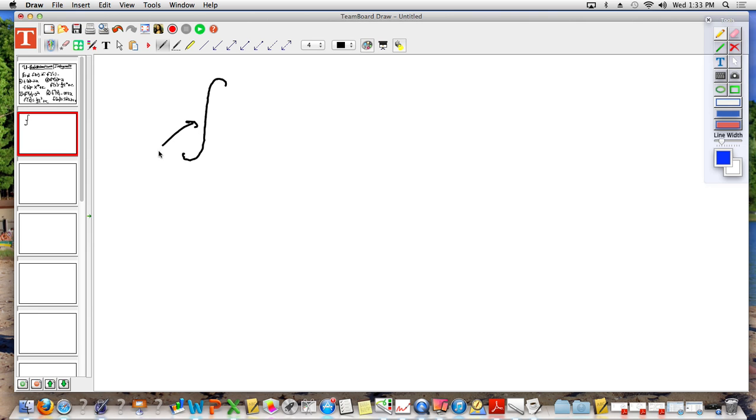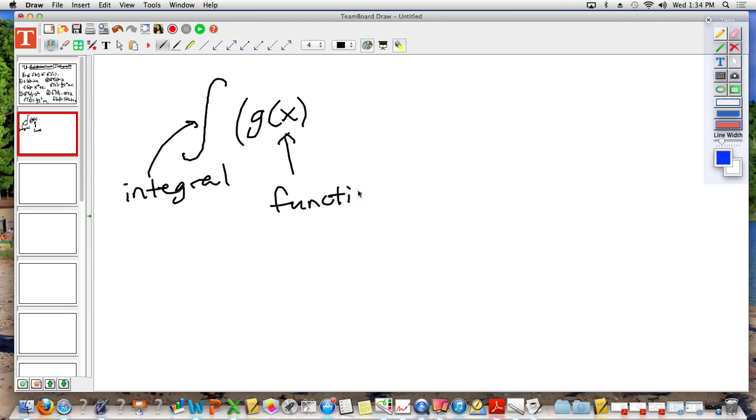This symbol right here, like I just said, stands for integral. If you see that symbol, that means that you are finding the integral. G of x, that is the function